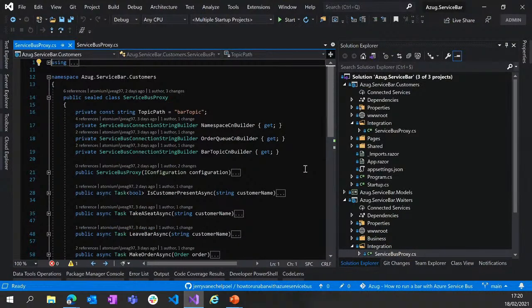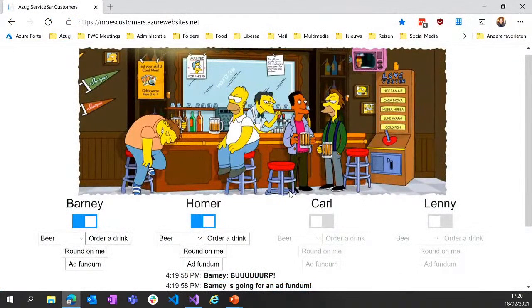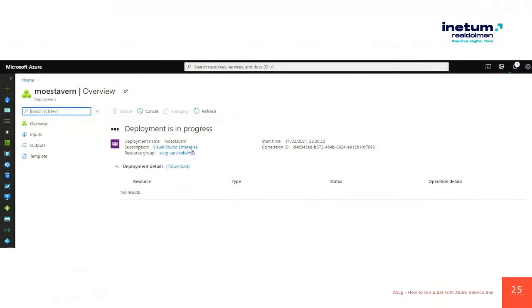All right, so the first thing that you need in order to make the bar work is the queues and the topics. So these items, they generate themselves in the code. But in order to make it all work, you need a